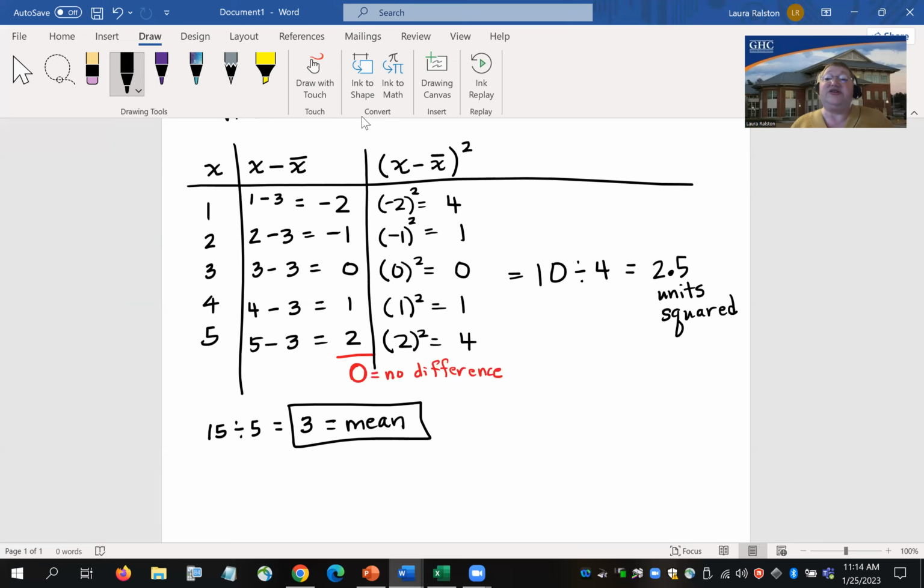The standard deviation is similar to the mean in that it is the most important of the three measures